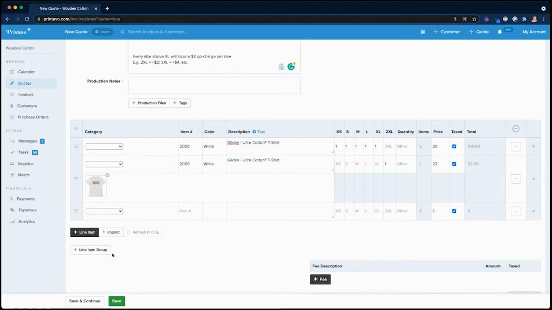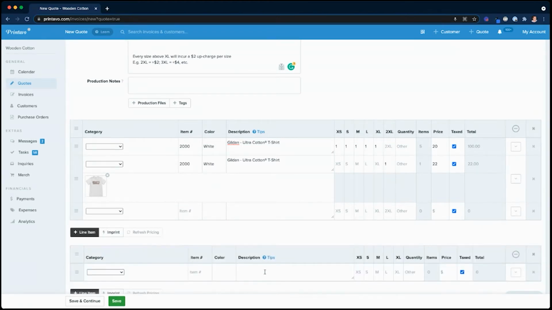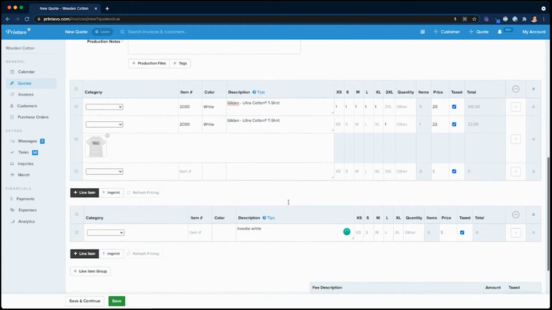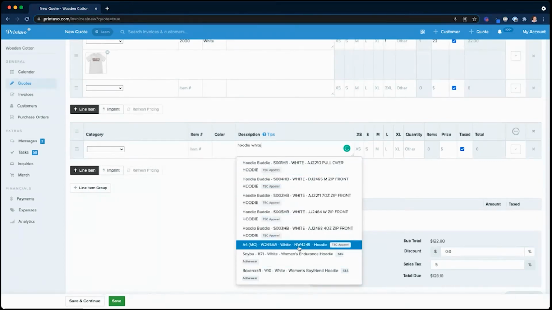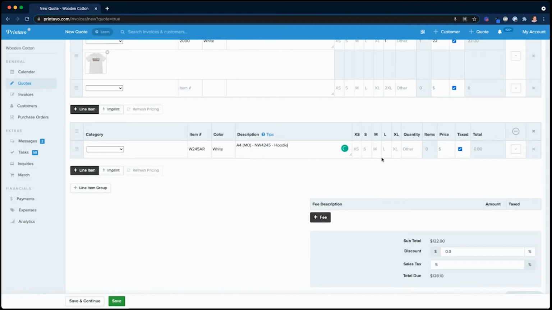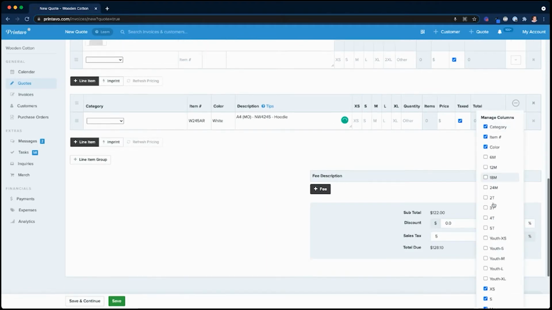So now let's say I want to add a hoodie. I'm going to add a new line item group. I'm just going to type hoodie white. Let's see what comes up. Here, we'll do the hoodie buddies. Those are the cool ones with the earbuds built in. But here, I'm just going to grab this one, and we'll take this one up to, let's